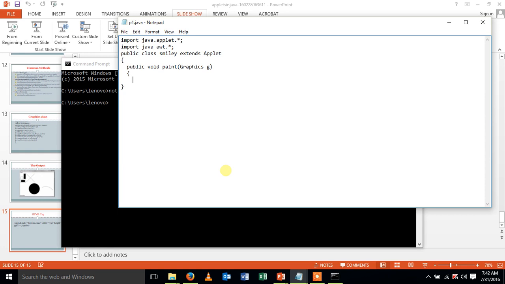In this paint function, we are going to display 4 ovals. So first, we give the drawOval function. Then the parameters, I am giving as 100, 150, 550, 550.